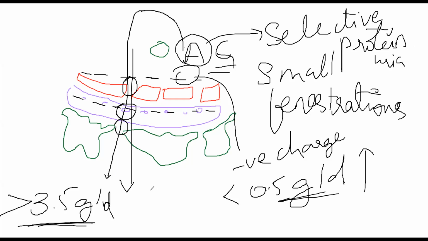Let's suppose at this point of time 1.5 grams of protein is being lost in a day, and the major protein being lost is albumin. This is selective proteinuria. At this condition, you will not have a major problem, but still it is of some concern. It indicates that there is some glomerular damage. I hope you guys are following along.